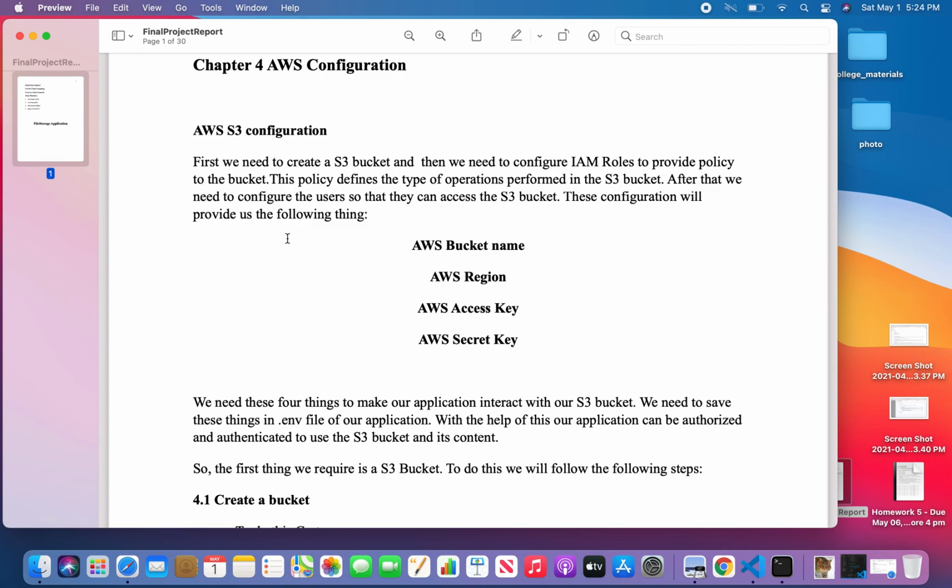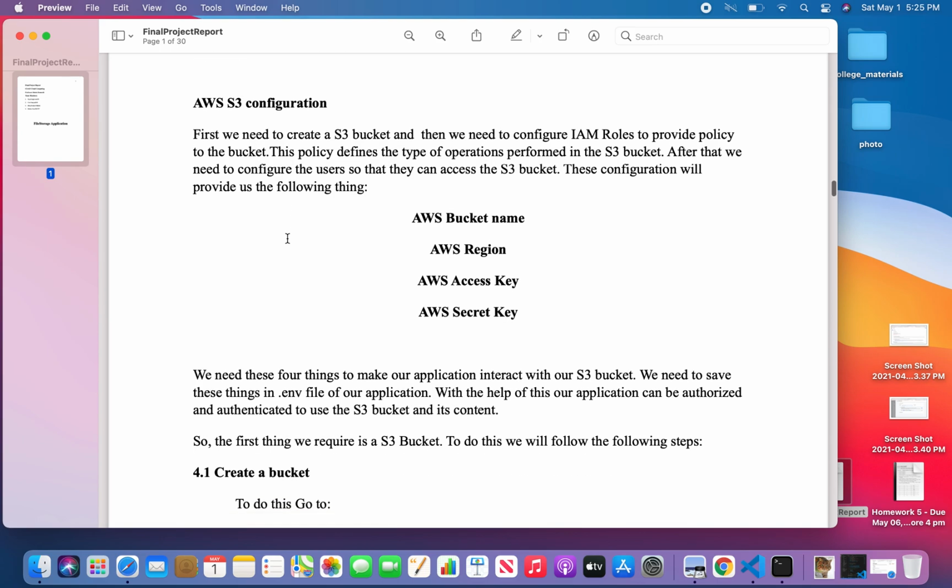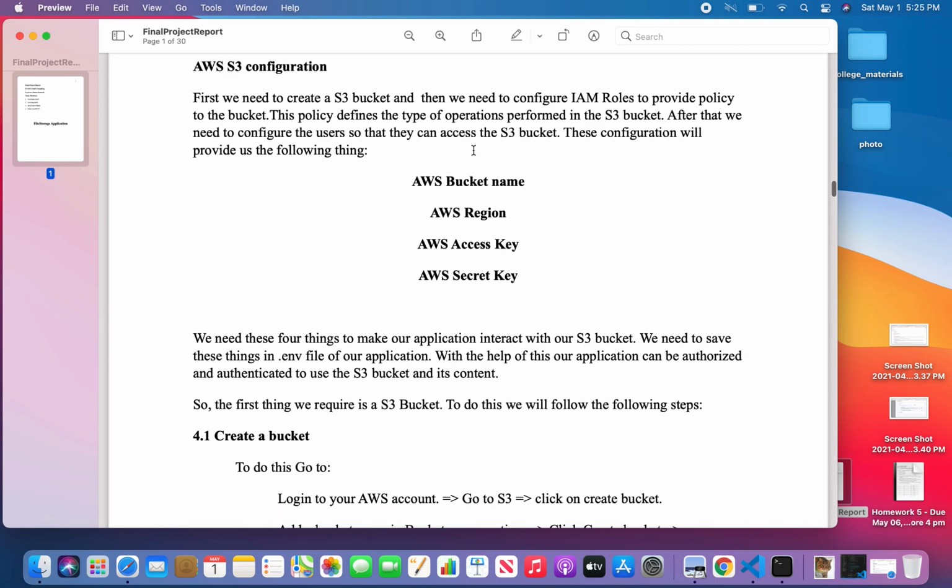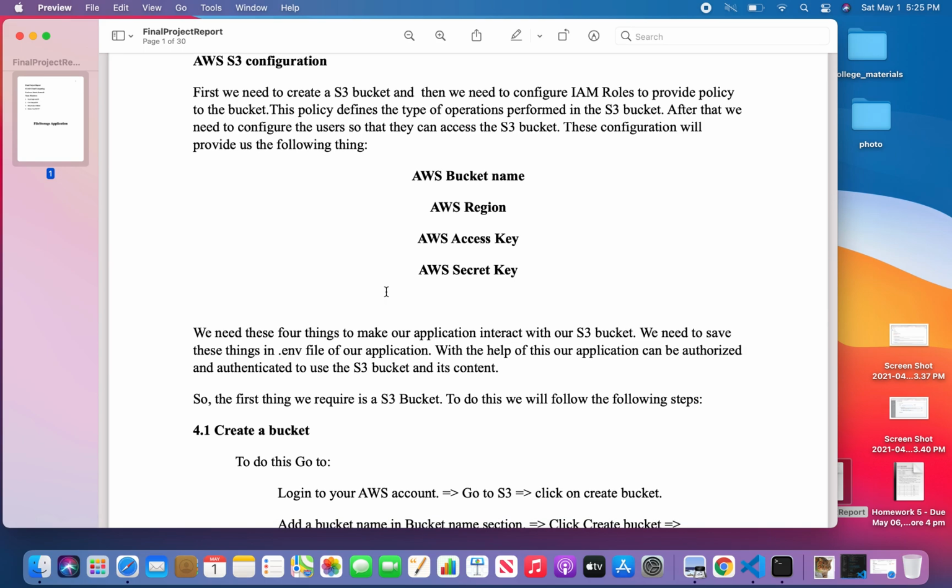In the IAM role itself, we need to define the users who are able to access the S3 bucket. So these three things we first need to configure in the S3 part. We need the AWS bucket name, AWS region, AWS access key, and AWS secret access key. These four things we will get, and we need to put them in the .env of our application. I will explain the .env part later on.